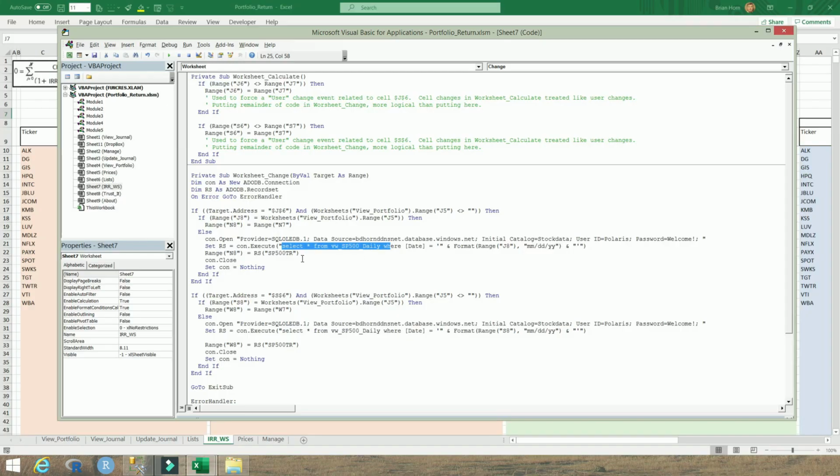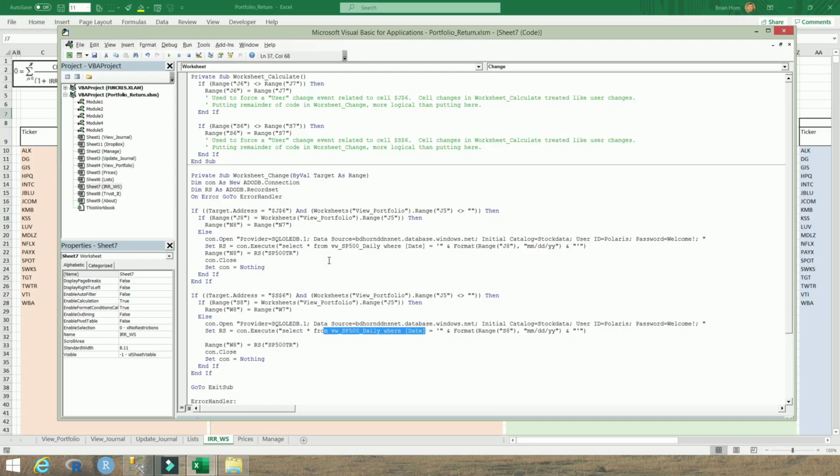We do it here and also here. So don't want you to be too confused by what's going on here. It's just a forced user change event that's downstream to an actual user change event,